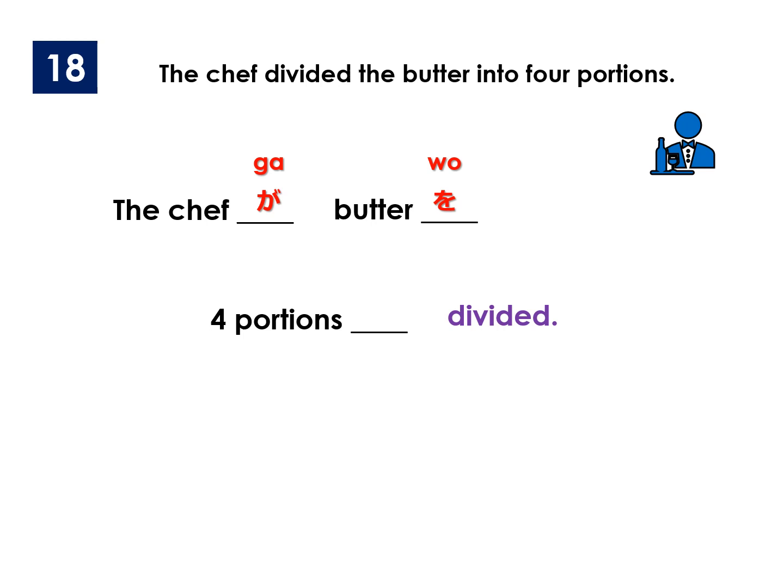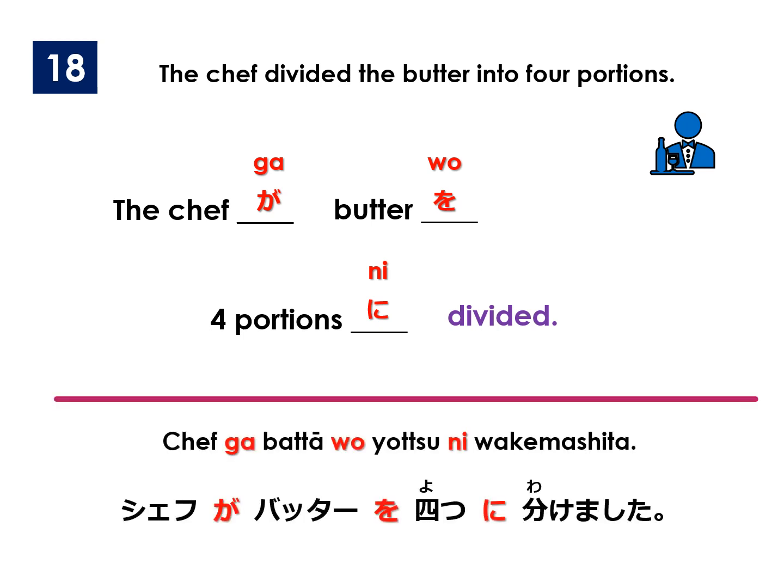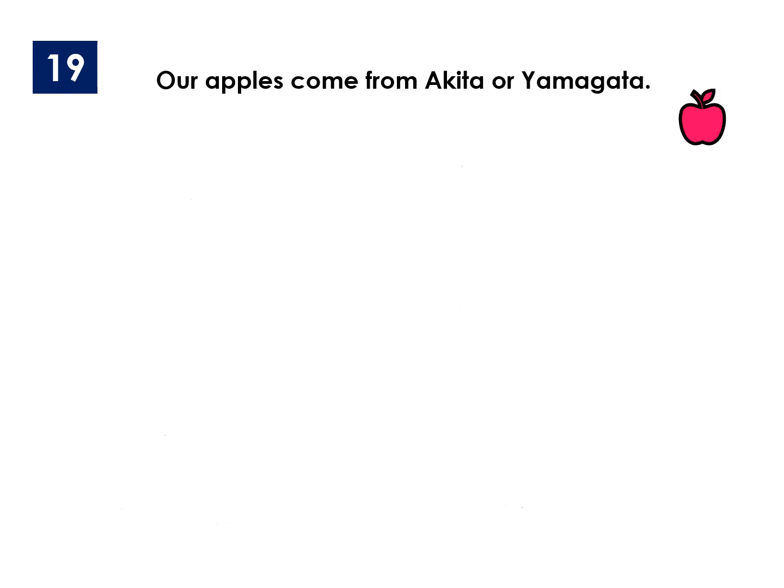And after dividing the butter, it becomes 4 portions, so it takes the particle ni to indicate it is the result of change. In Japanese, シェフがバッターを4つに分けました。